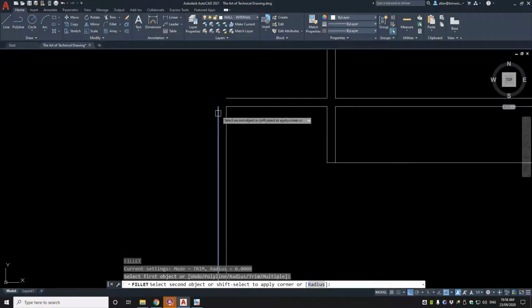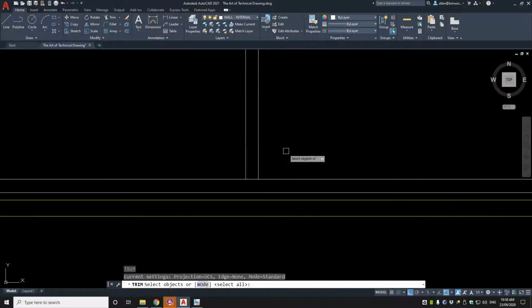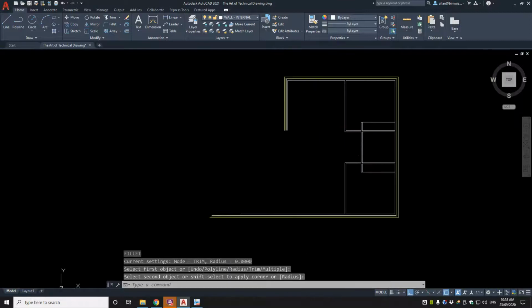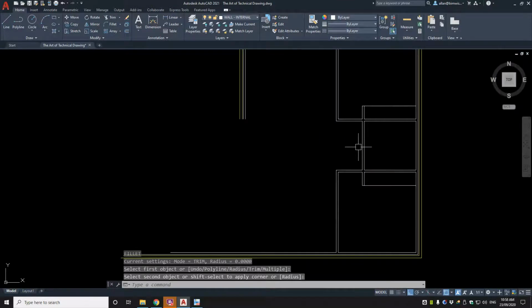And as you can see with the fillet there and the trim here, we've formed up that side of the house quite nicely. So let's get the living room going. Now we've got the